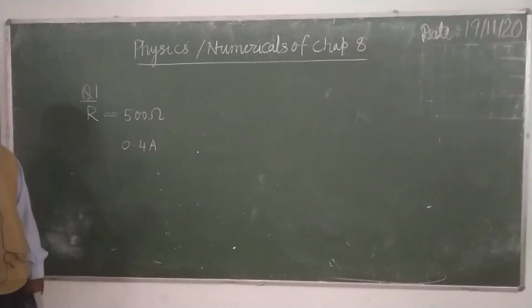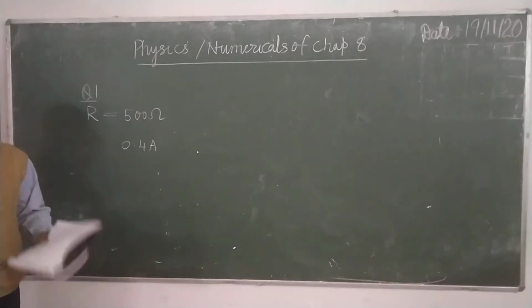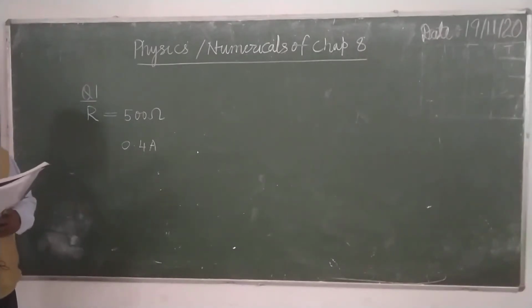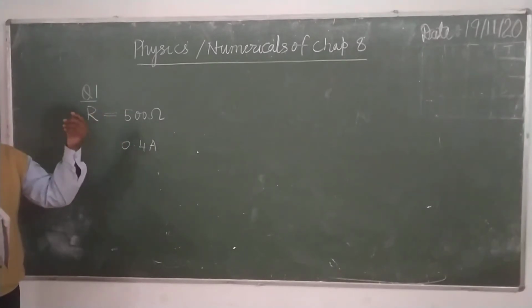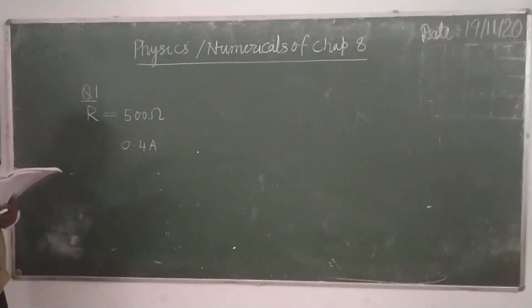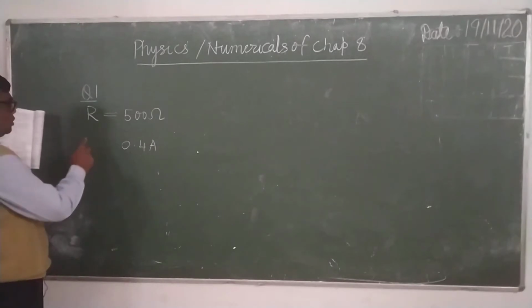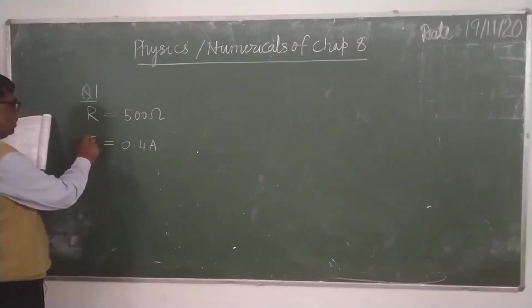Don't say resistance, it is R. It is clear? Because symbols are important here. If you correctly identify in terms of symbols and remember the formulae, then you can do every question. And draws current 0.4 ampere, it is I.